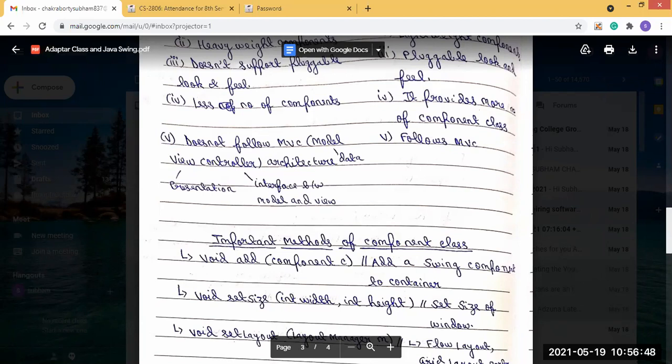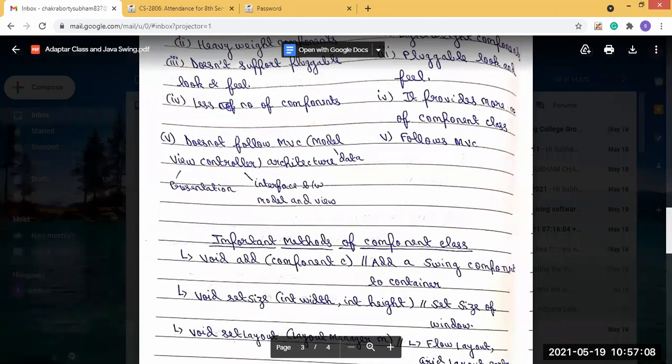In Swing, this method adds the Swing component to the container.